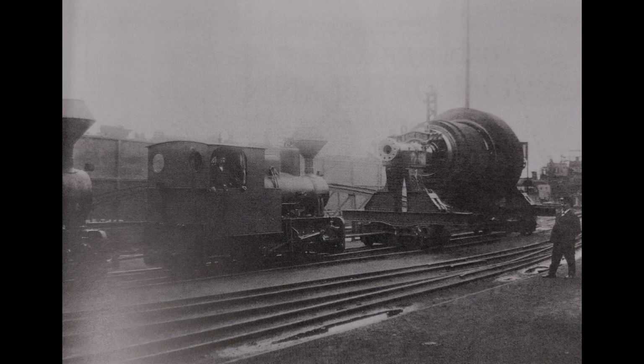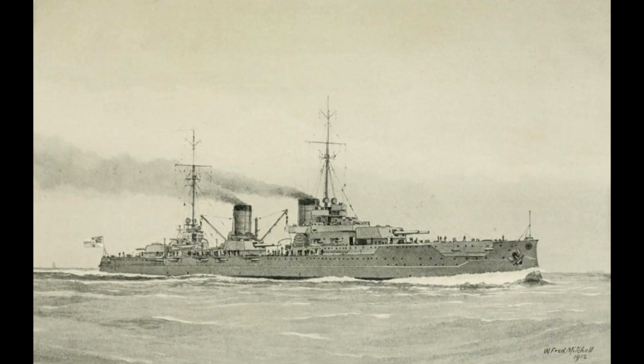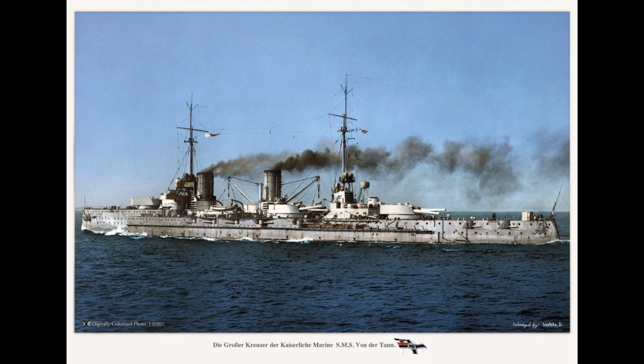Recognising that there was indeed a need for speed, Von Der Tann would use turbine engines instead of vertical triple expansion units. These drove 4 shafts with a designed power output of about 42,000 shaft horsepower and a design top speed of just under 25 knots. On trials, the machinery was actually able to kick the ship up to almost 28 knots with a considerably higher power output. Albeit that these figures should be taken with a little bit of caution, as German battlecruiser trials tended to run the ship light, with specialised propellers, in shallow water, with hand-picked engineering crews and specially selected good quality